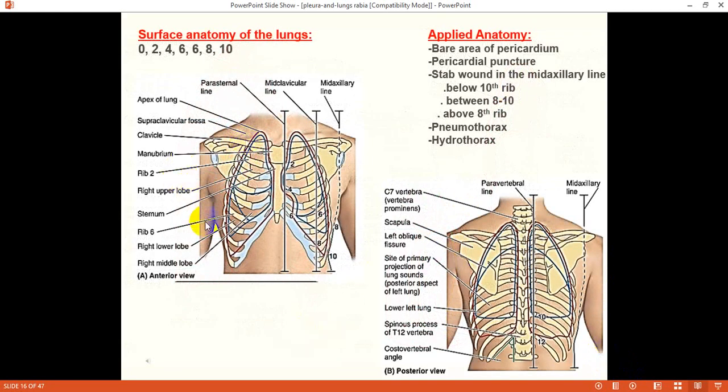In the end, I'm going to discuss the surface marking of the lungs. The surface marking of the visceral pleura is the same as that of the lungs, while the parietal pleura we have discussed already with the reflections. Now, observing here, the apex of the lung is the part associated with the cervical parietal pleura, and the apex can be marked 2.5 centimeter above the medial 1/3 of the clavicle, and it is lying in the supraclavicular fossa here, which is a depression above the clavicle.